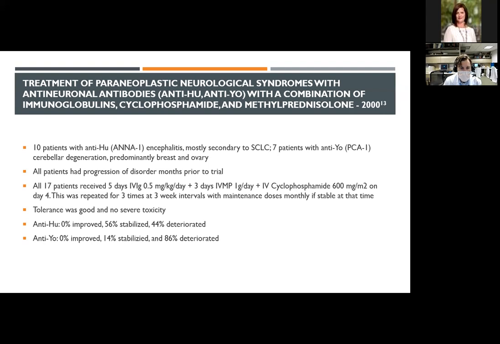But if you'll notice, both of these syndromes are with intracellular antibodies and thought to be T-cell mediated. And generally that means that there's actual neuronal cell death and destruction going on. So even if you were to stop the immune infiltrate, you wouldn't really expect them to get better once there's a lot of neurologic deterioration, because you can't really bring those cells back. And that kind of is what they saw. No one got better. Some people got somewhat stable, but most people just tended to keep getting worse.